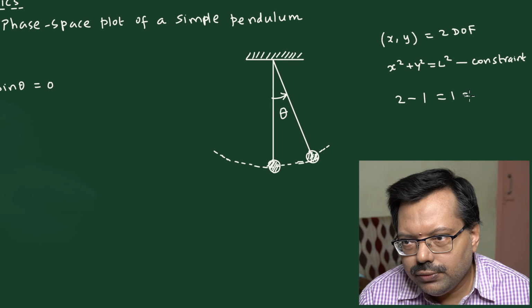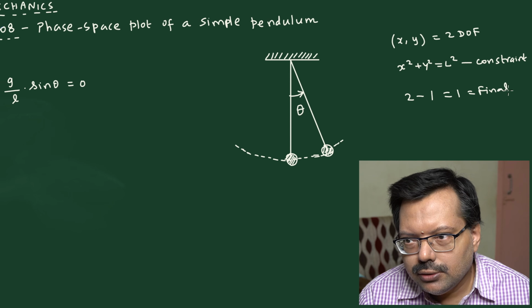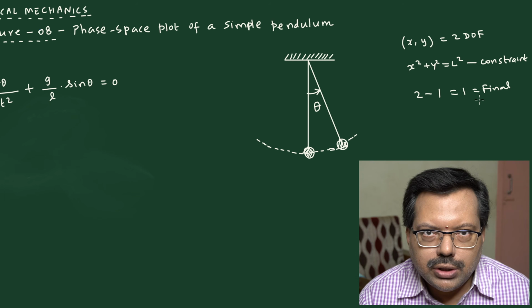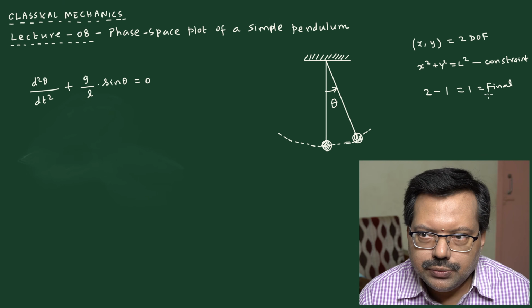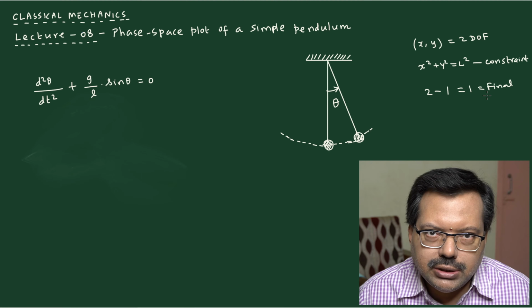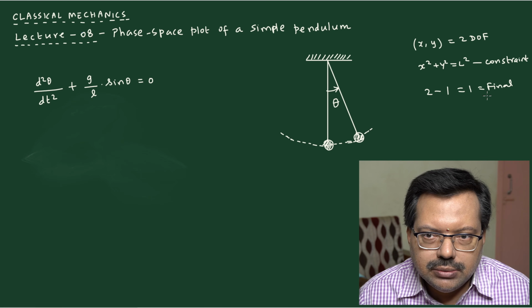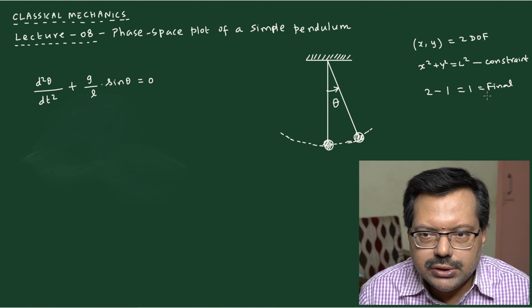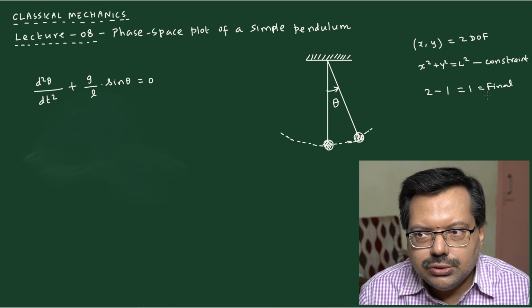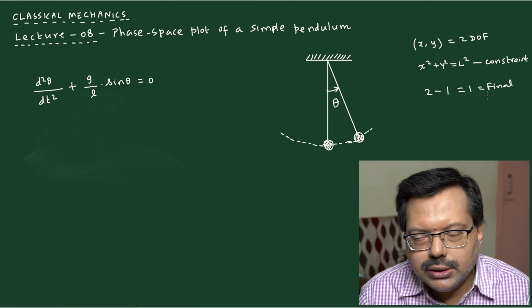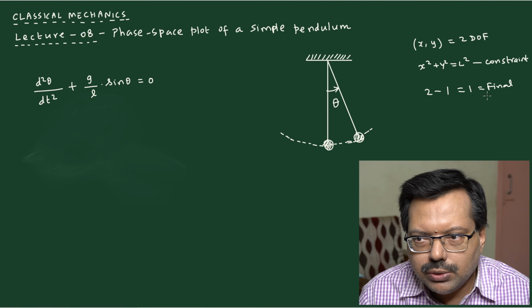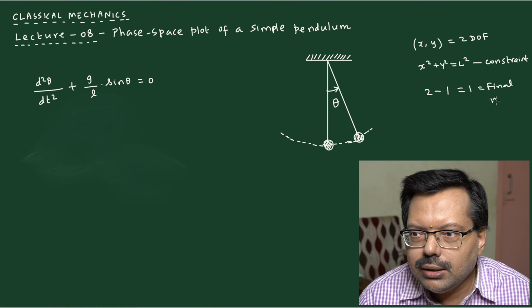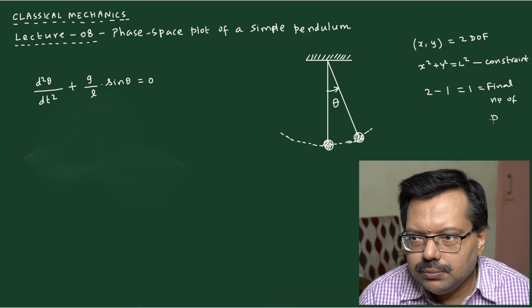So the 1 will be the final degrees of freedom. Final means we don't want to accept the maximum number of degrees of freedom. You first start with the maximum, namely 3 dimensions, and since the simple pendulum is going to oscillate in a plane, we say it is 2 dimensional. Then you find that there is a constraint, so subtract that. One constraint is there, which means you also have one equation, therefore subtract 1. So 2 minus 1 gives you the final number of degrees of freedom for the case of the simple pendulum.